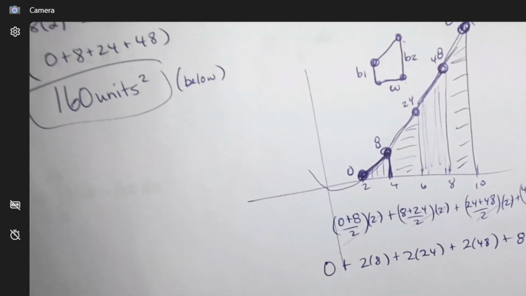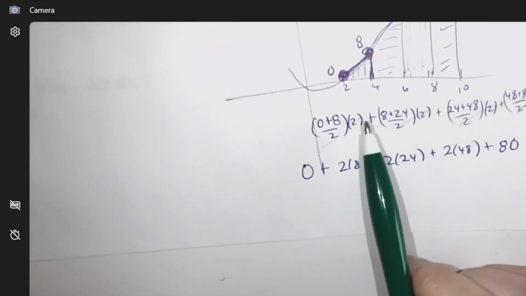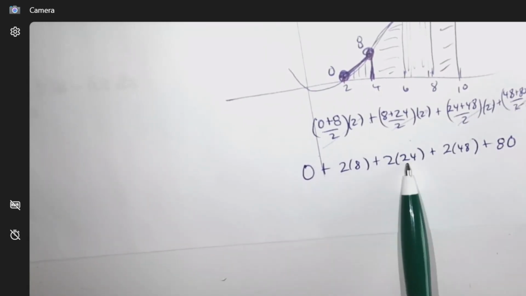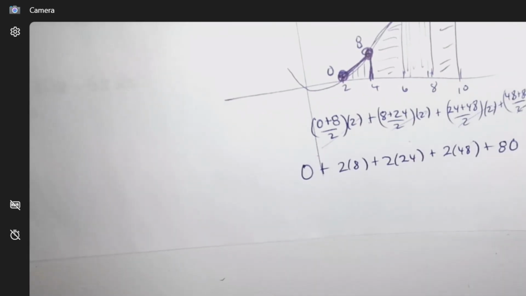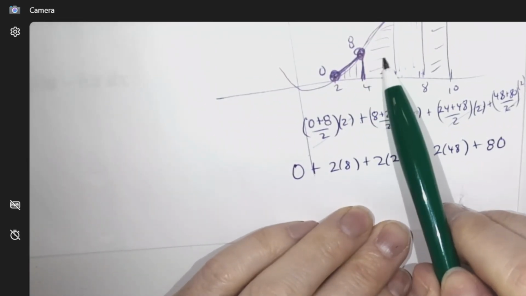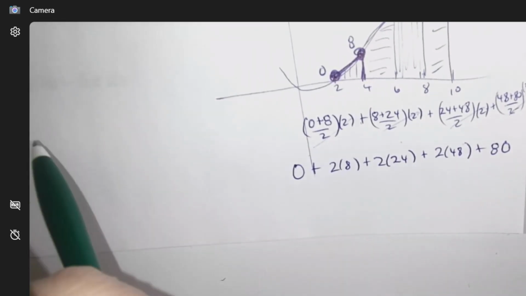And if you want, you can do this. Because you would go 0 plus 8 plus 8 plus 24 plus 24. So you actually will have 2 of all these except for the exterior walls. You only have 1 of them. You only use them once, right? Because you use 8 in this trapezoid and that trapezoid. So if you want a little bit of a quicker way to type,